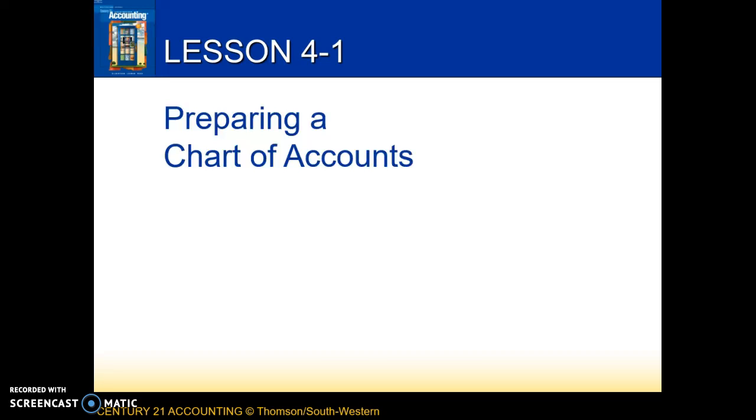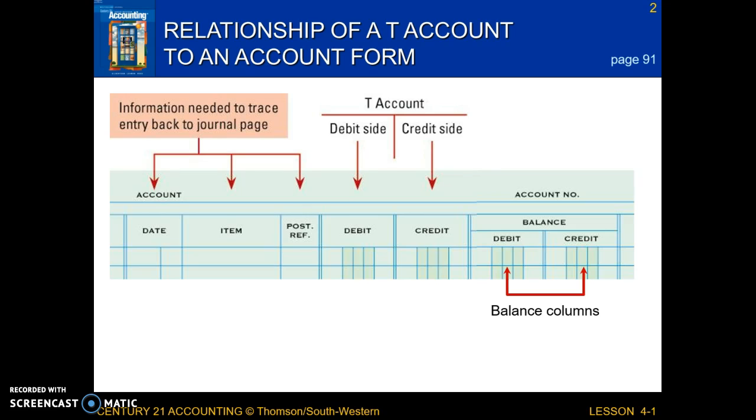So this is over 4-1, preparing a chart of accounts. And you'll notice that this section is kind of a review of what we covered in Chapter 3. So the relationship of a T account onto an account form. So you have your date, your item, and your post reference. And then you also have your T account with your debit and your credit side, and then the account balance